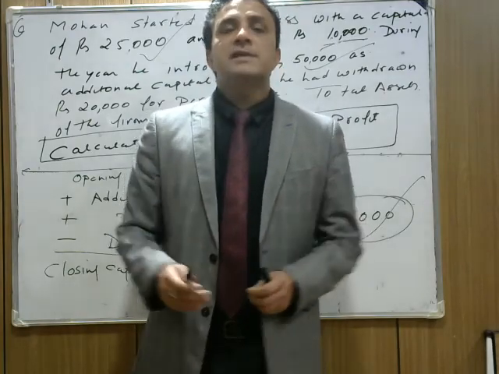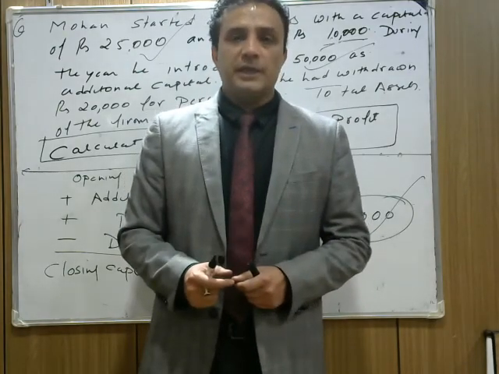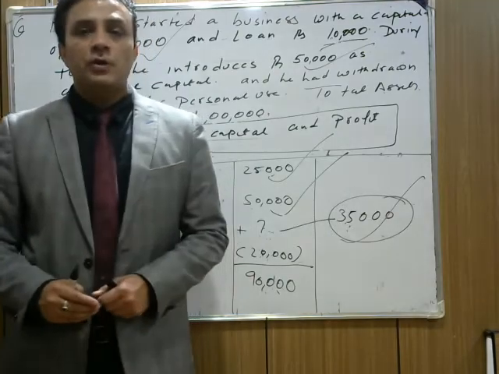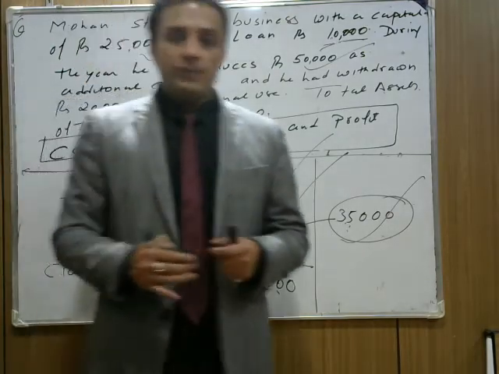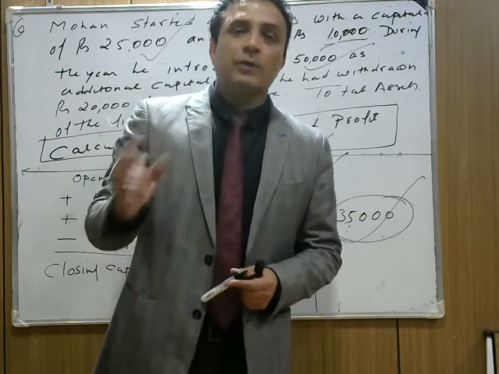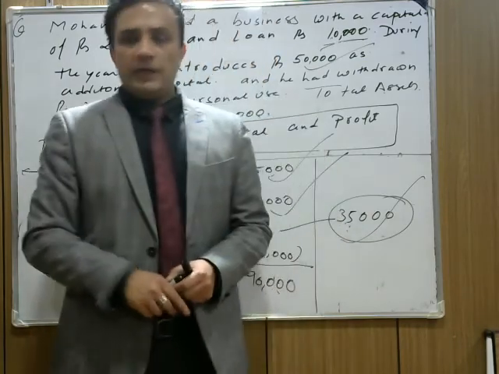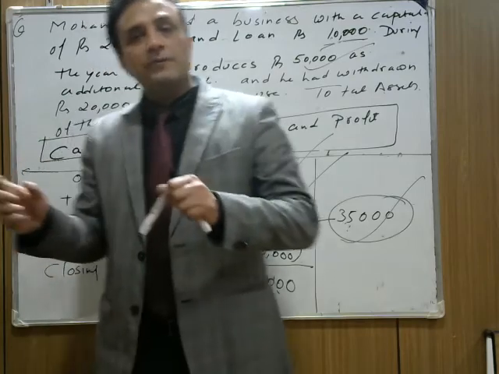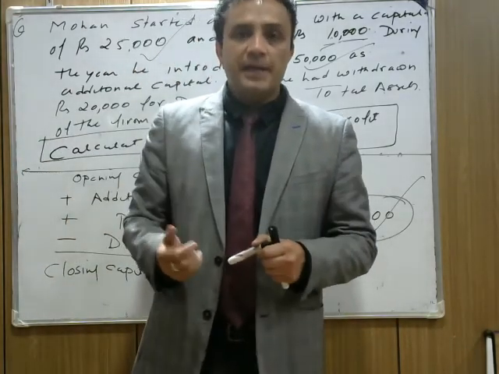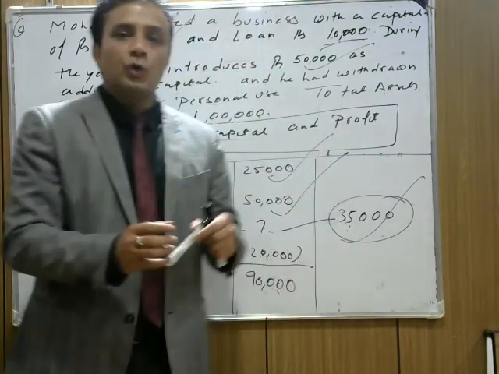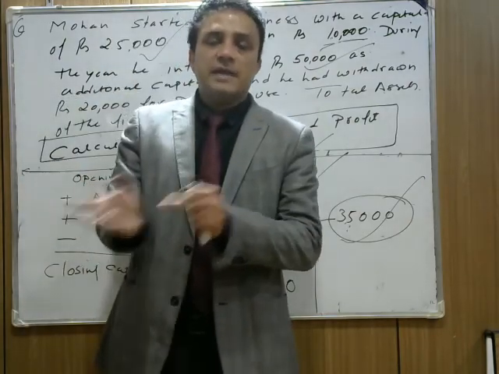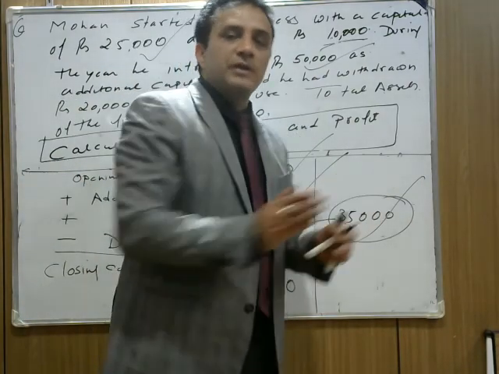Now, this is all about the accounting equation. In my next video, we will do the most important part, which you can also call the Bible of accountancy: the general entry, the rules of debit and credit. We will see how we pass the entry. Before passing the entry, you should know that there are two sides, debit and credit. What are the rules of debit and credit?